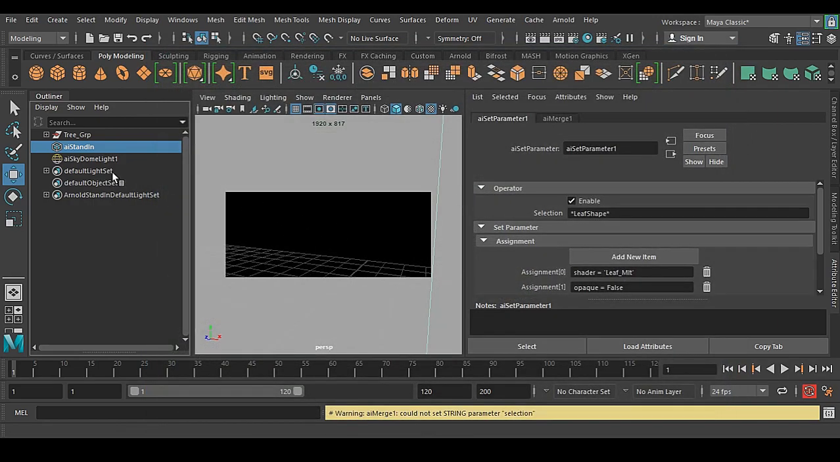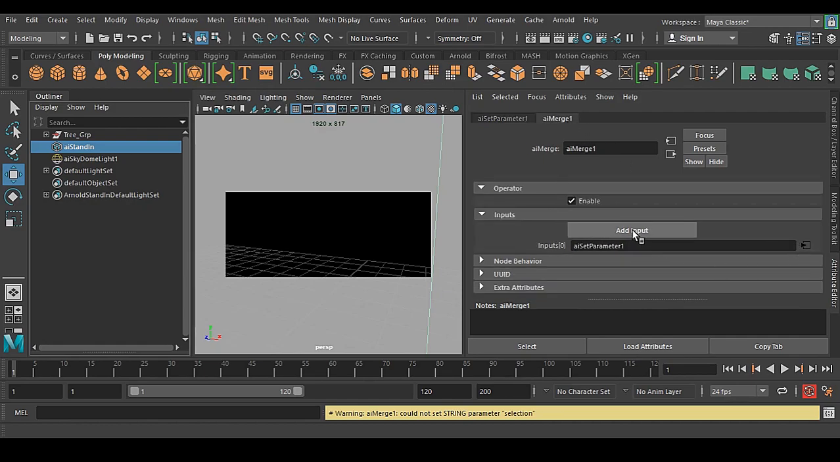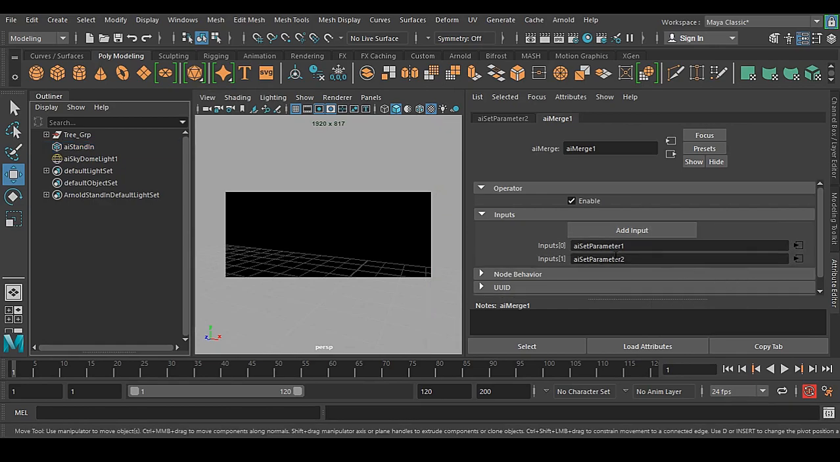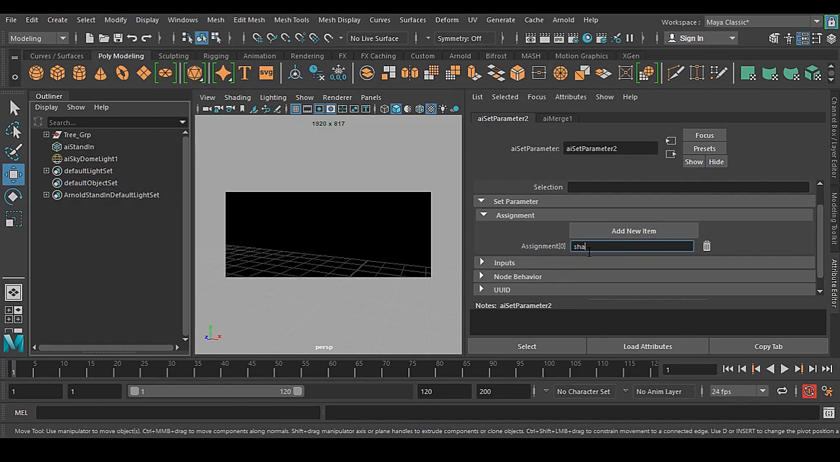And now I need to go to AI merge and add a new one, set parameter. This is going to be for leaf. This is a leaf. This is for, like, trunk. So I can go for this. Here, add new item, and we have the same thing. So SHADER = 'TRUNK_MLT'